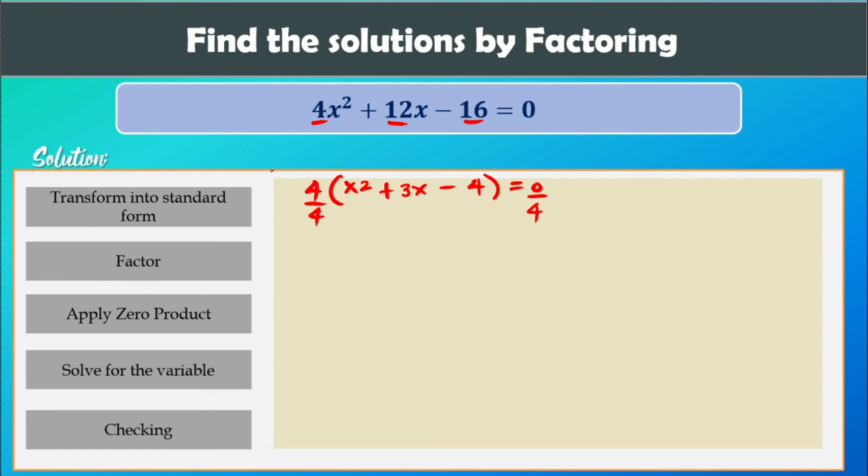Bakit dinivide ko? Kasi equation siya eh. Meron siyang equal sign. Pero pag walang equal sign siya, hanggang dito lang tayo. Hindi natin yan i-divide ng 4. Okay? Pero since meron tayong equal sign, we can still simplify this one by removing the